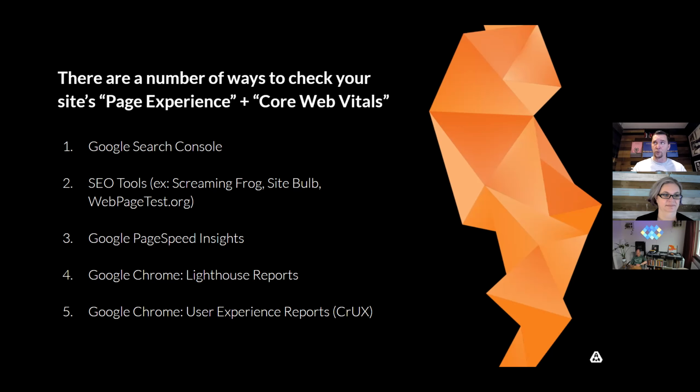There are SEO tools, Screaming Frog, Sitebulb, DeepCrawl, WebPageTest, which is a speed tool. And there are many others, technical SEO tools that have integrated, because we've had enough warning, they've almost all to a T integrated some measurement for core web vitals into their system to help you scan your site and diagnose where you have issues. Google PageSpeed Insights will give you some pretty precise